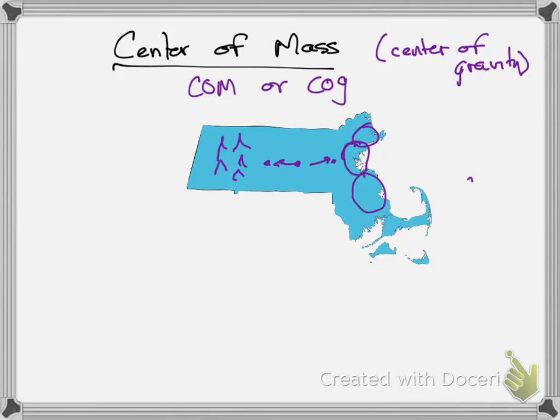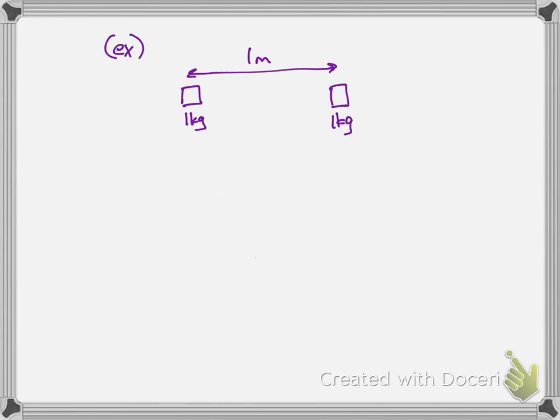We're going to talk about the center of mass, and the center of mass is literally where something would balance due to the distribution of mass being balanced about a point. So rather than talking about something complicated like the state of Massachusetts, let's just start with point masses. Let's say we have 2 point masses, in other words masses that don't take up any space, and they each have a mass of 1 kilogram. They're separated by 1 meter. Where is the center of mass of these 2 point masses?